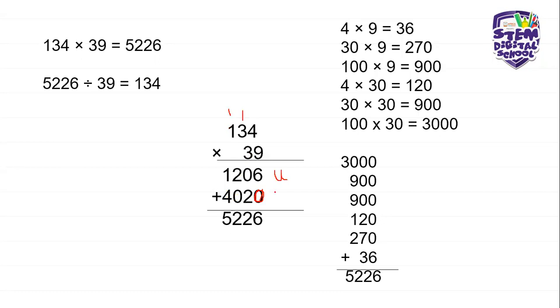And then what did you do? This belongs to our tens. Then what did you do? So the next thing I did was add these two numbers, which means 6 plus 0 equals 6. 0 plus 2 equals 2. 2 plus 0 equals 2. And 1 plus 4 equals 5. And there is my final answer.